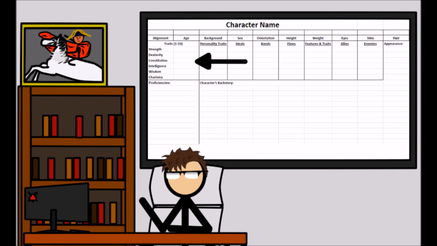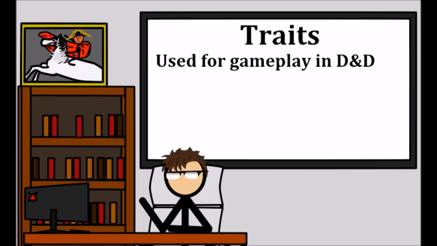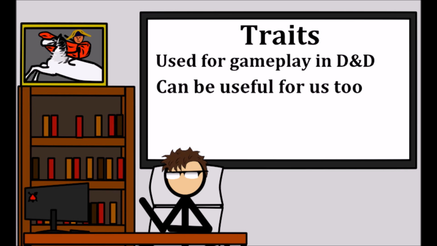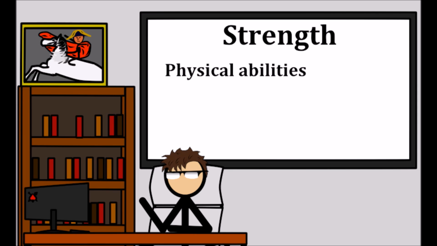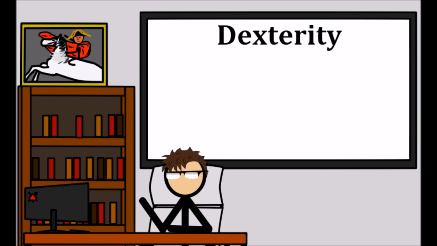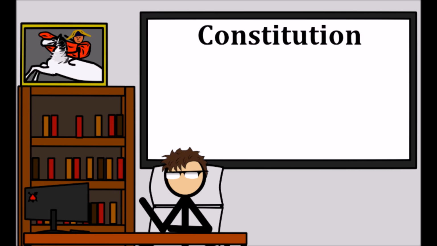After that, we have the traits column. In D&D, these have very specific purposes for gameplay, but for our purposes, we can just make a 1 to 10 scale on how good or bad they are in that area. First, we have strength, meaning their physical abilities, dexterity, which is more of a finesse attribute, constitution, which we can interpret as more of a mental and physical fortitude,